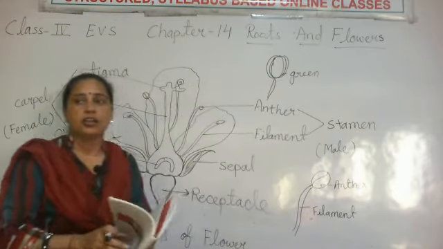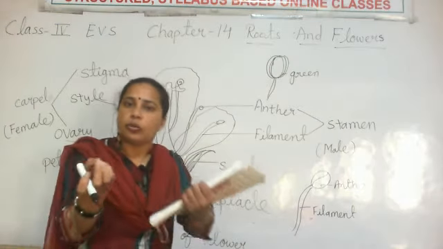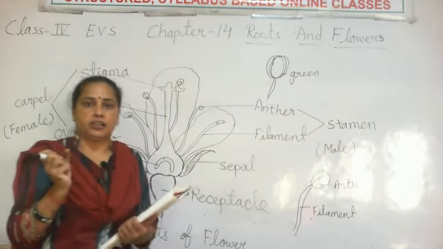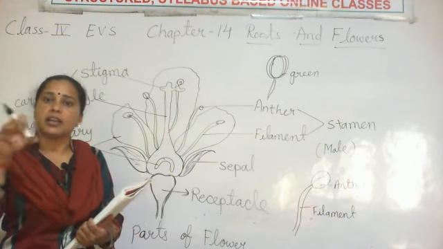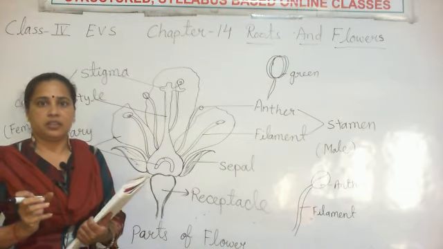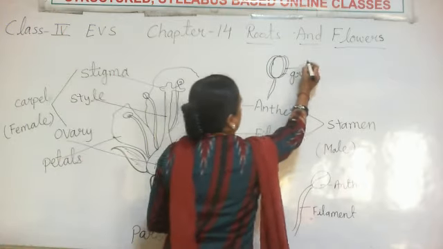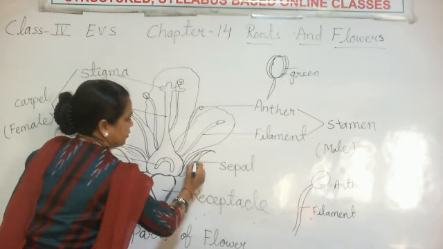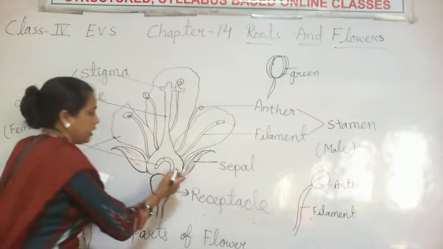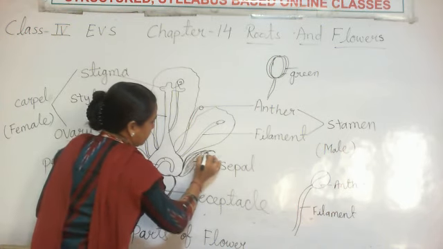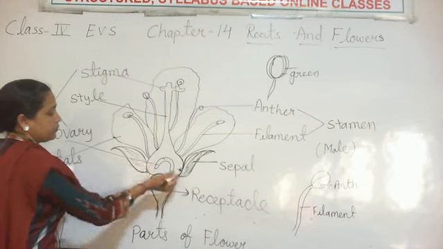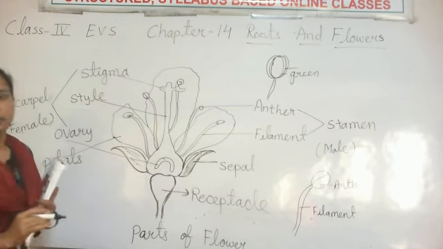And if we open that bud, अगर हम उस बड को खोलेंगे तो we find a different color inside of the bud. एक अलग ही कलर का हमें कुछ मिलेगा. That is the petal. क्लियर? तो that cover is sepal. What is the name of this thing? These are the sepals. On both sides we find sepals.